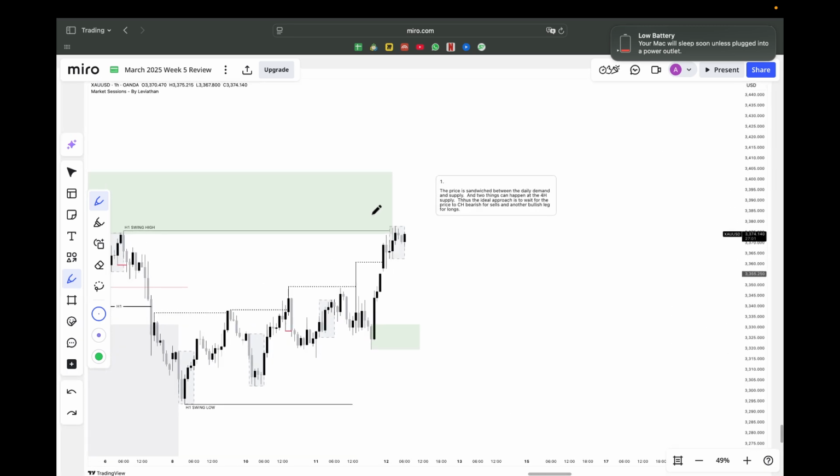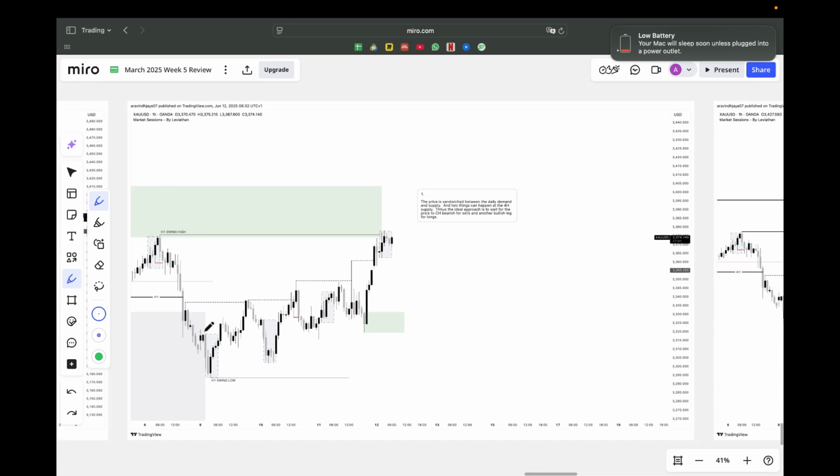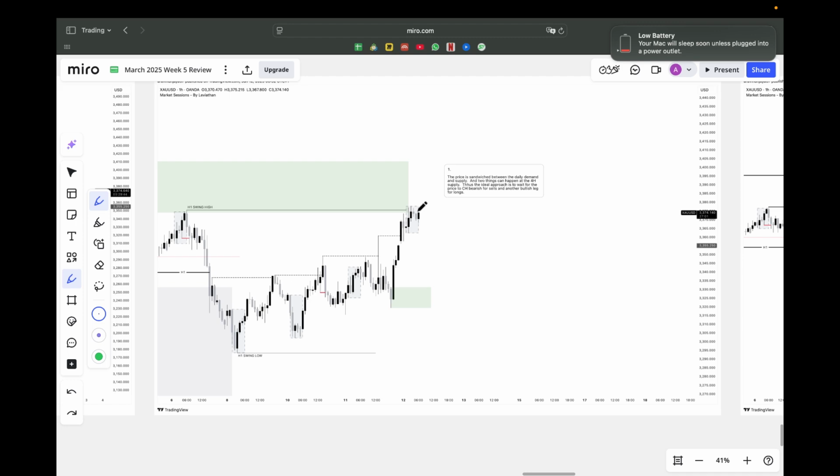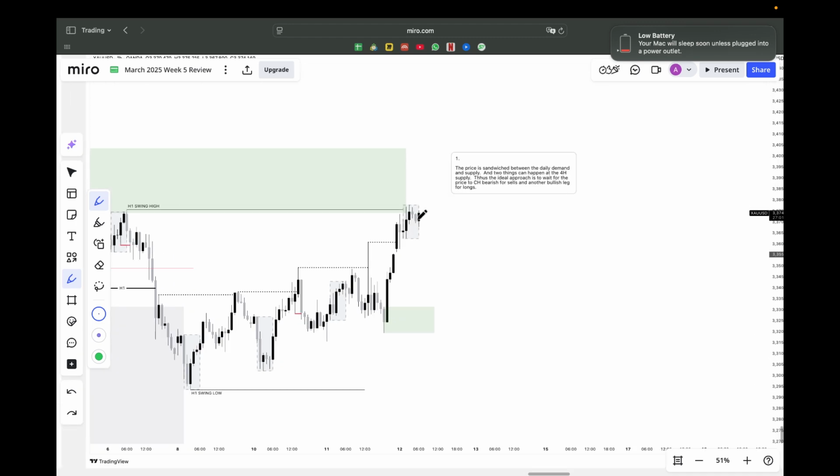Suppose from the H1 perspective, we see that the H1 swing structure is now currently almost bullish. Suppose I get a candle closure, then I can confirm this as an H1 bullish break of structure. Then I can continue to look for sells. Then this becomes much more valid because this supply can hold, because we saw that this is a very high probability supply. So this supply can hold, and if we get a CHoCH bearish, there is nothing to the left from which the price can react to.